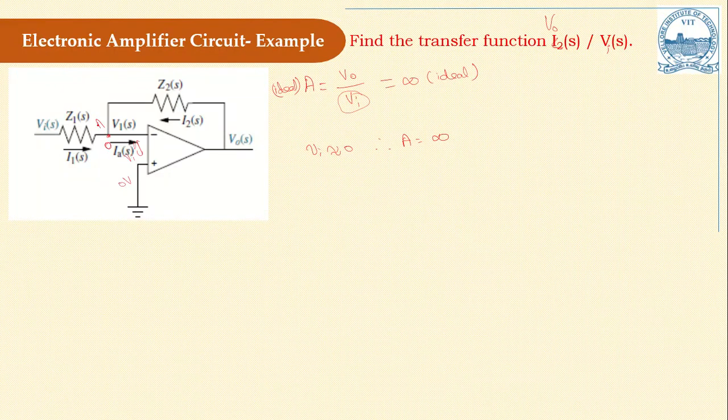So let me designate this to be node A. At node A, if I apply KCL, we have I1 of S flowing from the input to the node A. I2 is flowing from the output voltage to the node A, and IA is nothing but the current entering into the operational amplifier. So at node A, I1 plus I2 is equal to IA, and if you take the input impedance of an op-amp,